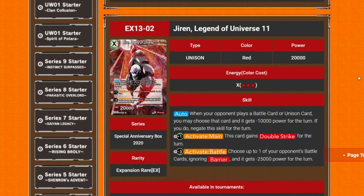Right, so now we've got Jiren, Legend of Universe 11. So specified cost of 3, 20k power, auto. When your opponent plays a battle card or Unison card, you may choose that card and it gains minus 10,000 power for the turn. If you do, negate the skill for the turn. Just that alone is just...